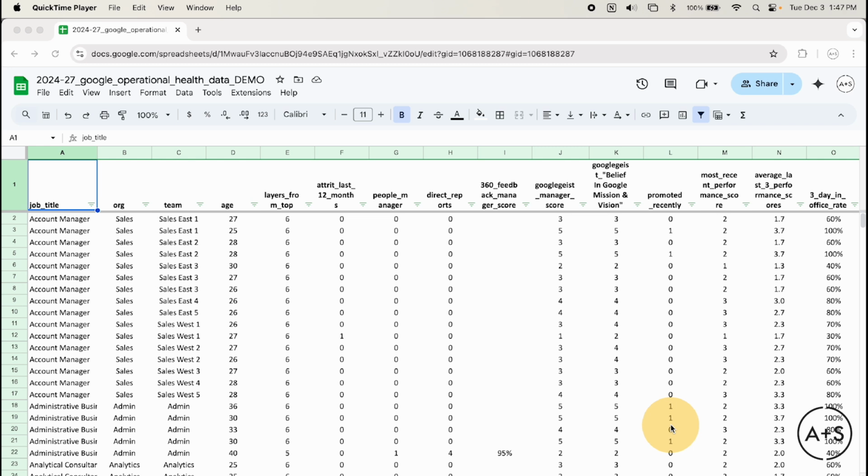I'm here again in the mock data set I've created for a Google operational health case study. I've got data here describing 280 some employees, their job title, the org they're in, the team they're in, and then age, some data that I would have collected from their HR profile, as well as the surveys I conduct. The annual Google Guys survey would be a way for me to collect data on the employees, as well as their performance reviews would be another source, right? Again, this is all illustrative data, not real data, but this is the kind of data I would expect a people analytics team to have and analyze